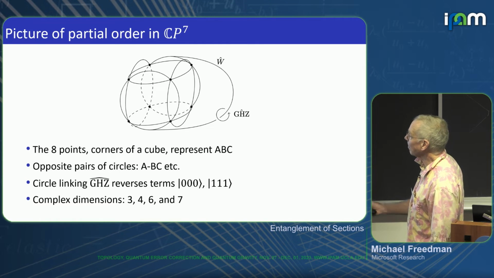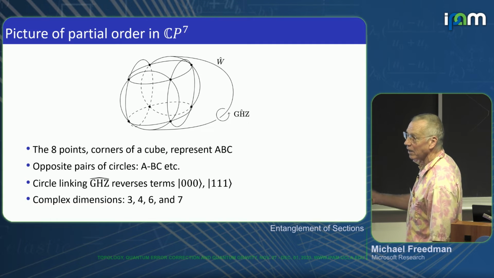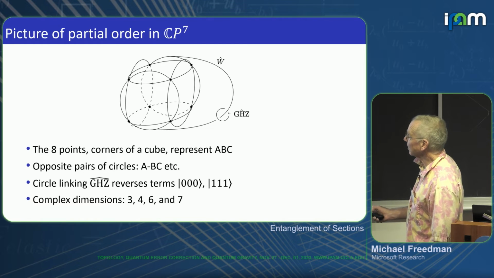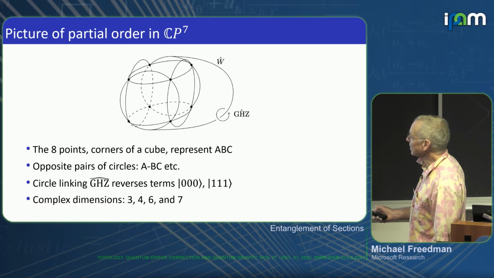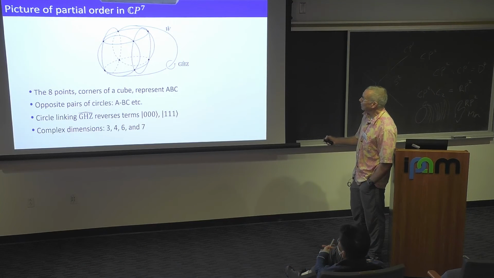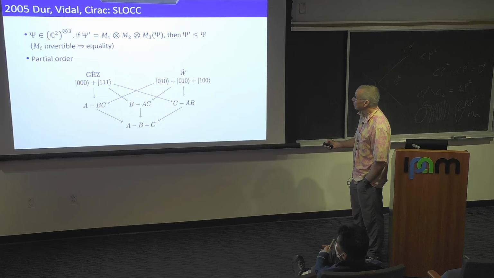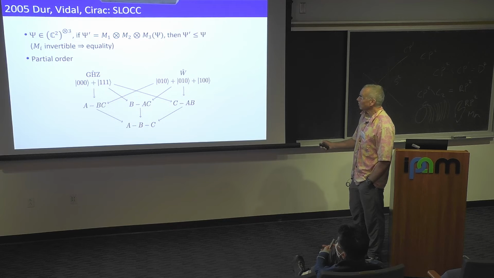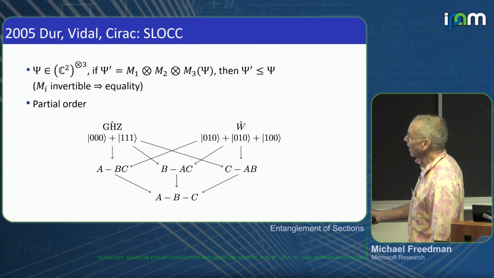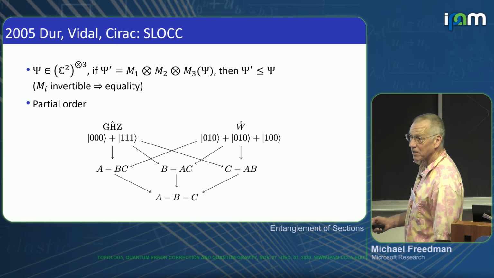And then W turns out to be complex codimension 1. And then the GHZ is generic. So it's open dense, it's complex dimension 7. And it's important actually to understand what this little linking circle is. Remember the GHZ state has two factors. And when you go around this circle, the linking circle to W, these two factors adiabatically get swapped. So that's actually important to know.